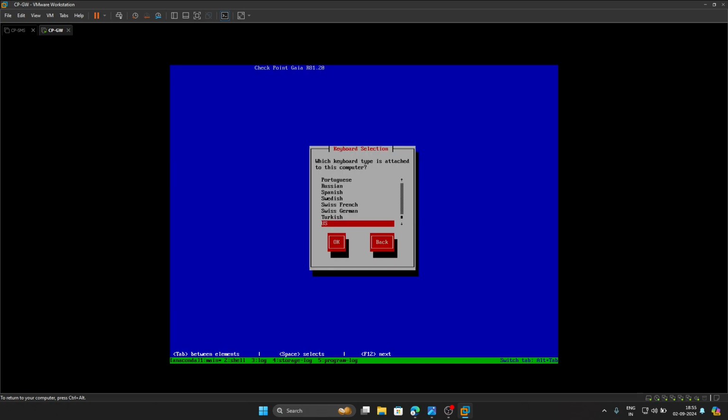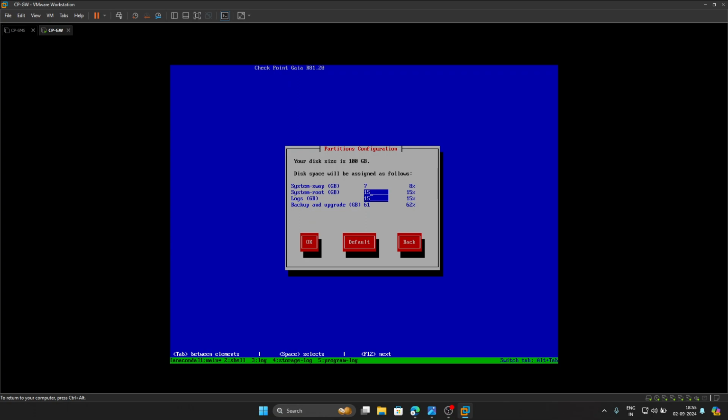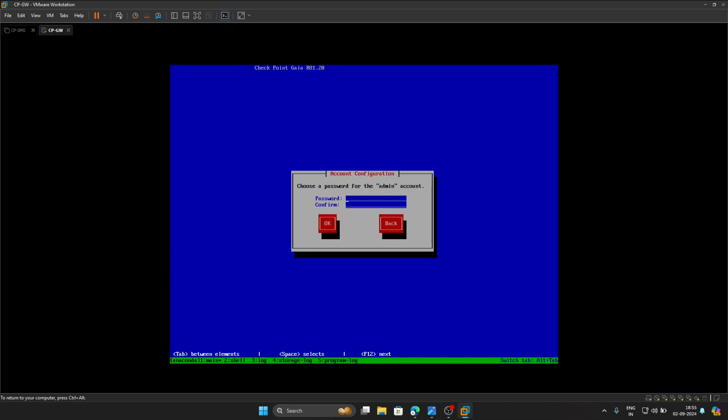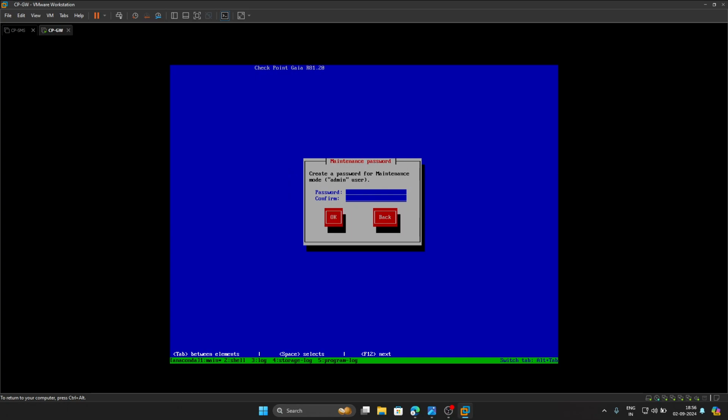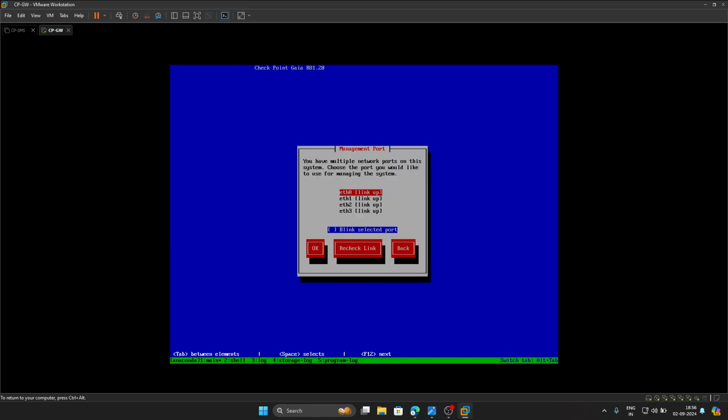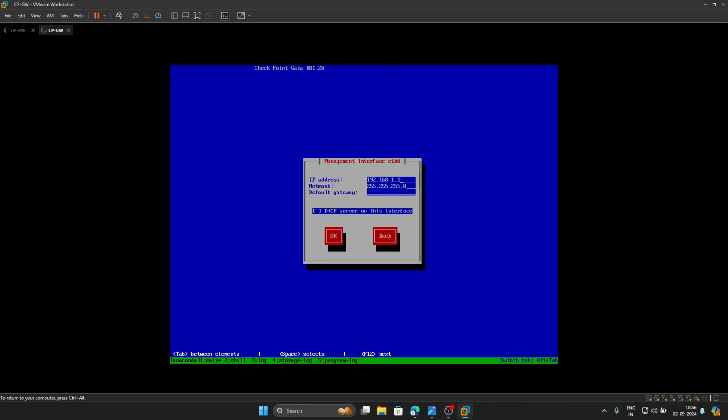Now press OK, then press OK, and now we are going to press OK. Give the password. I'm using the same as my SMS. Press OK. Now give the password for maintenance. Then press OK. Now for Ethernet 0, we are going to use the IP